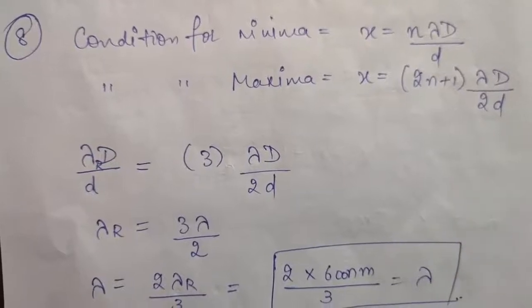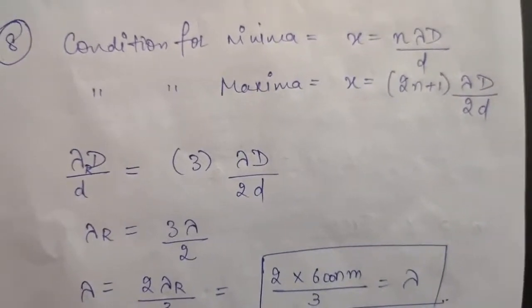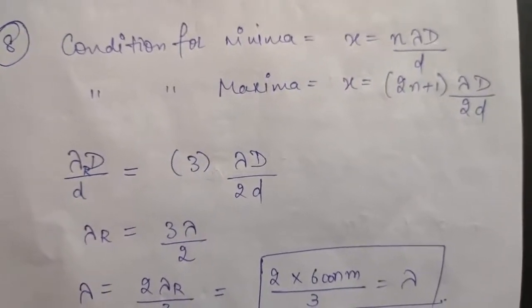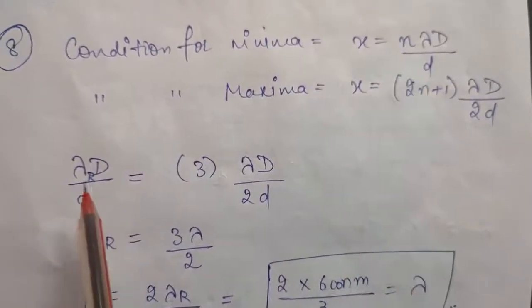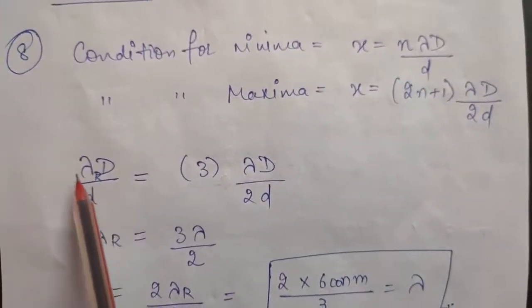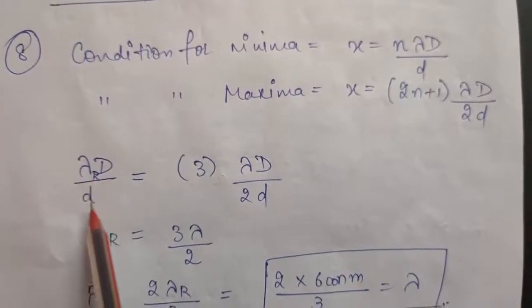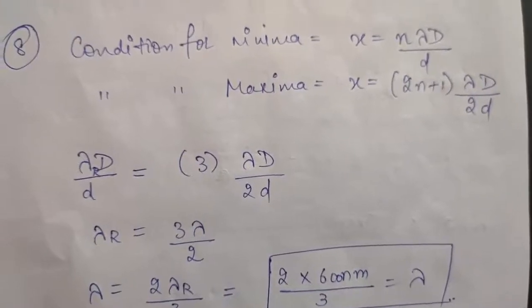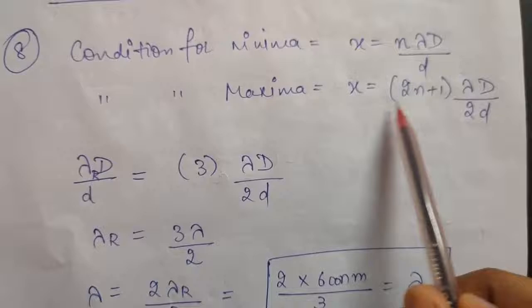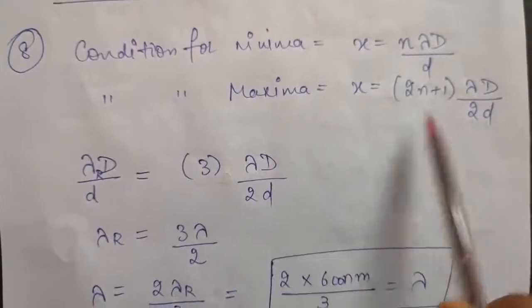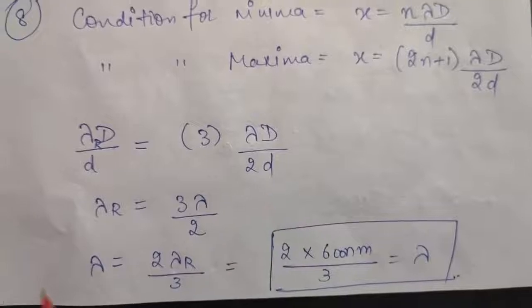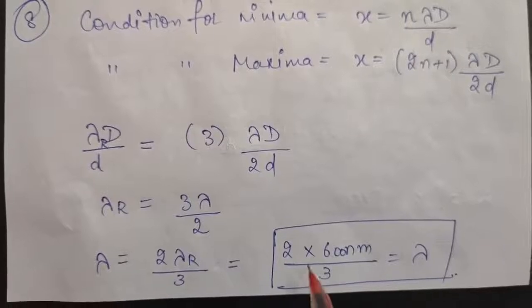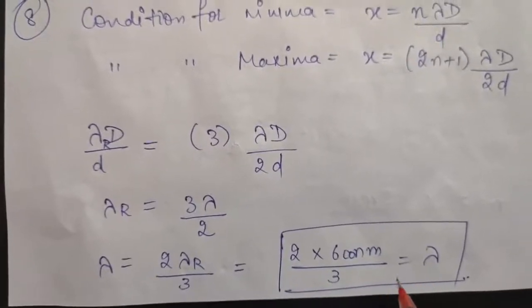First of all, let us write down the condition for minima and maxima in the diffraction pattern. As you know, the condition for minima is x is equal to n lambda D by d, and for maxima x is (2n plus 1) lambda D by 2d. Now it is given that for red light, the first minima coincides with the first maxima of the other wavelength. So for red light, take n equal to 1 and lambda to be lambda r, the wavelength of red light, and you will get lambda r D by d. It coincides with the first maxima of some other wavelength, so again n equal to 1, but this time for maxima, so this will be 3 lambda D by 2d. Now you are given lambda r, and D by d will cancel out. Solve it, and lambda will come to be this much. So this is the wavelength of the other light.